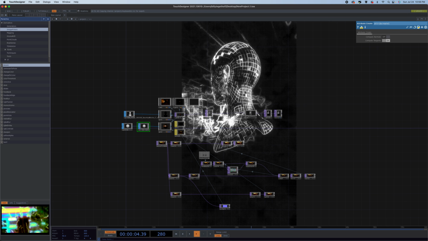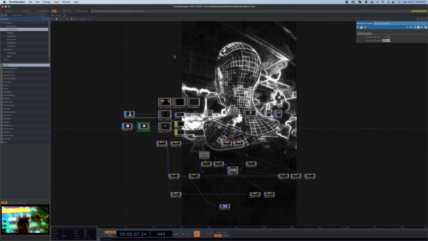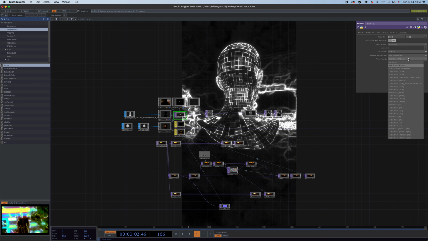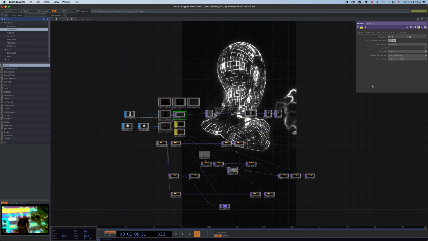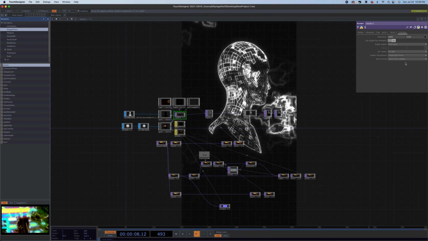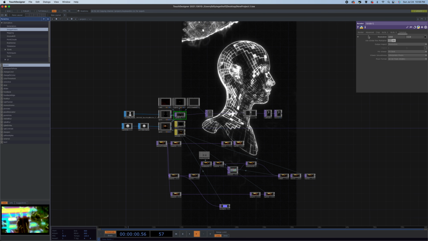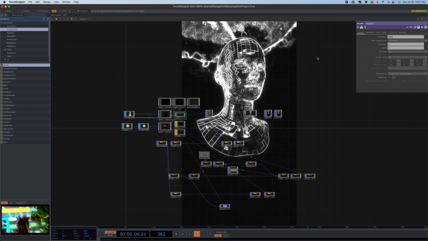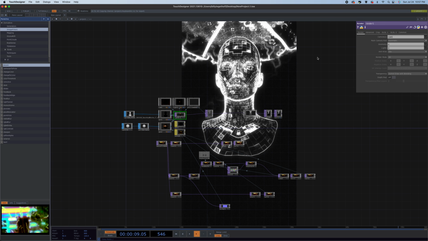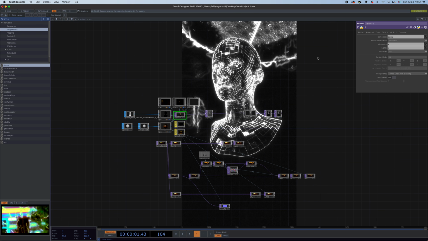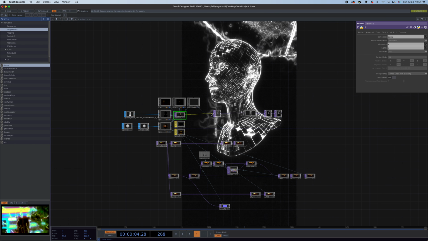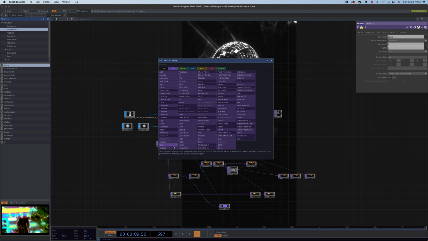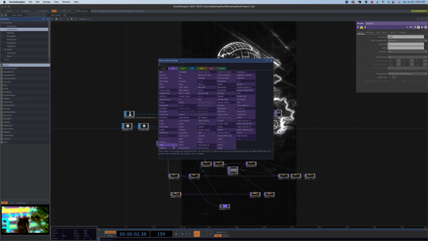So some stuff I don't really care for, I'm seeing around the edges here. I need to actually, let's change the render pixel format to be greater bit depth, and then let's go to render, and let's up the anti-aliasing basically as high as your computer can handle, and then we get a little bit of improvement, but it's still there. It's just sort of, the edge top is kind of indiscriminate about accentuating